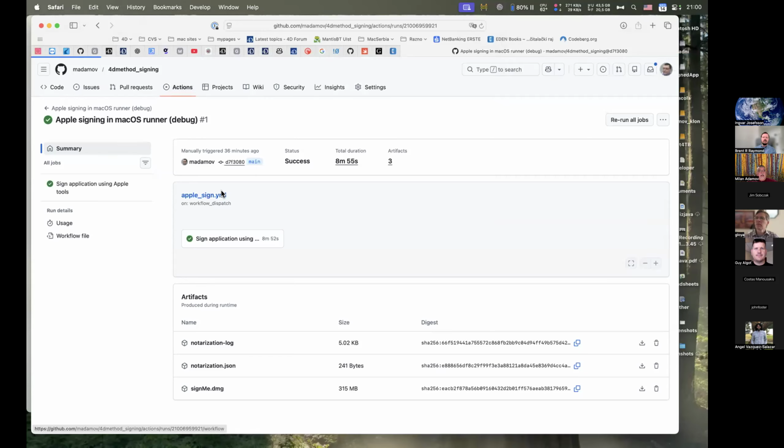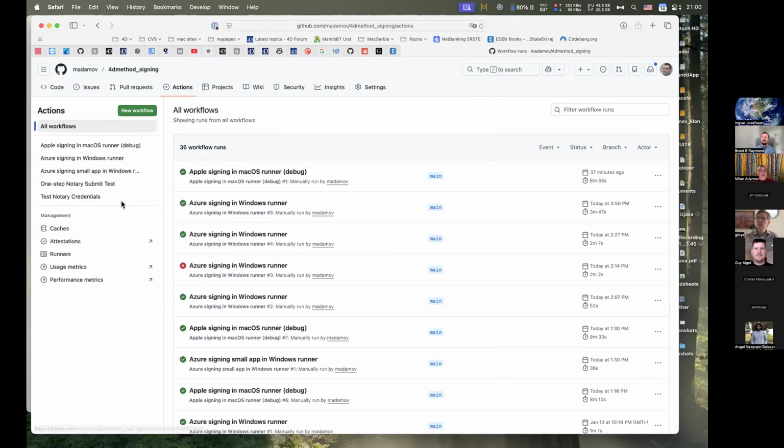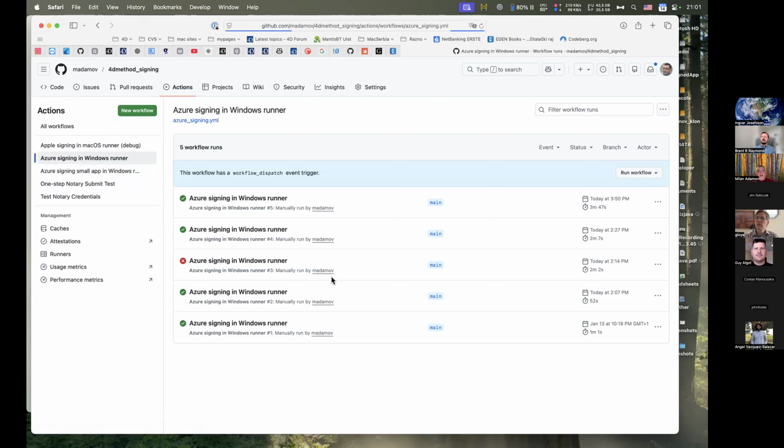So now I will run. I have 2 Windows runners, a small application that I built, believe it or not, in Visual Basic, just to have it there on Windows to sign. But I will do the full signing of the Mac application, and I will explain that now. So remember to run, do this.